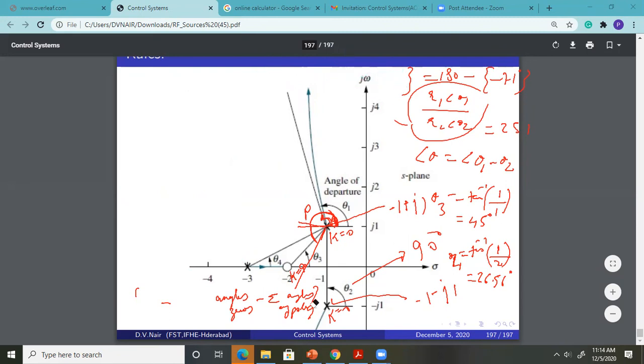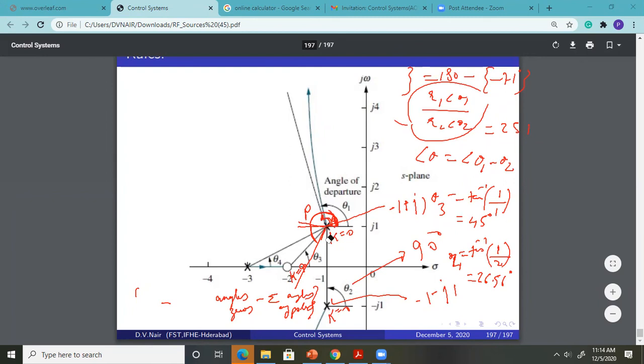If you are telling minus 251, Ben, then in that case what I am showing here is correct. Angle of departure minus 251 means it will go clockwise, right? When you are taking minus angle, this is 270 and here it will come as this. Yes, correct. Very good, Ben. It should be minus 251 only.